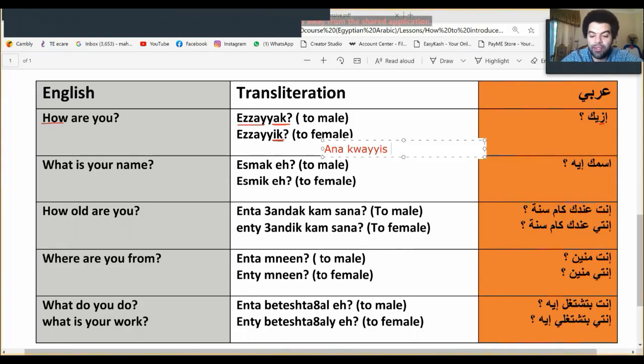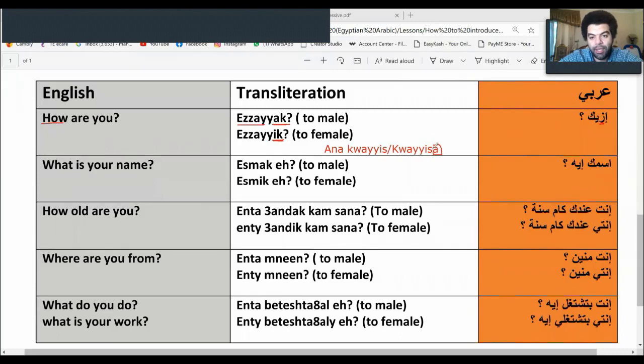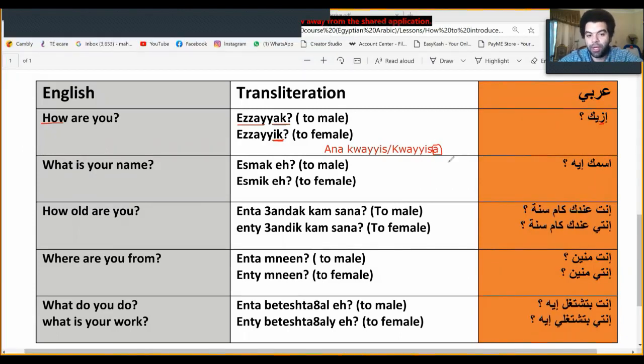So ازيك, and the answer to that is na, which is I, remember, and then we say كويس. That's if you are a male speaking, answering. If you're female, you say أنا كويسة. أنا كويسة. What's the difference here? We added this a at the end. And all feminine adjectives, all describing words, feminine, will end with a. Okay, this is how we know it's feminine. In Arabic, there's a special letter for that, which is ta marbuta. So if you know writing, you know what I'm speaking about. If you don't know, you should go and learn. But in this course, you don't need to know. Okay. أنا كويس. أنا كويسة.